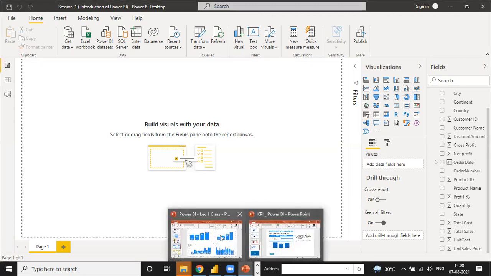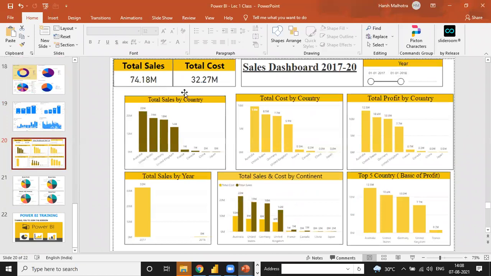These are the kinds of charts. Suppose we make total sales by country. Suppose the country is used only for Asia, so you can directly write that we are using sales only in Asian countries. Suppose you are making sales in European countries, then you make the assumption that the sales are only for Europe. And if you are making sales across different continents like Asia, Europe, Australia, then you make some assumption regarding this and write it in the PPT.